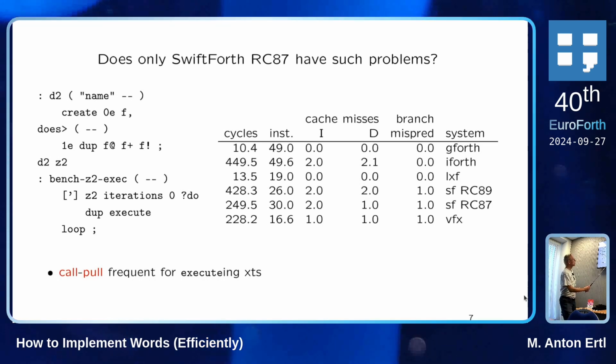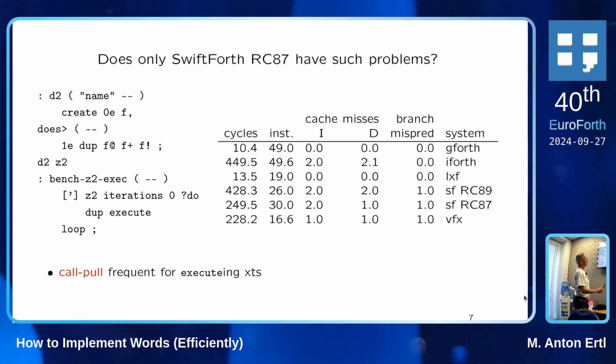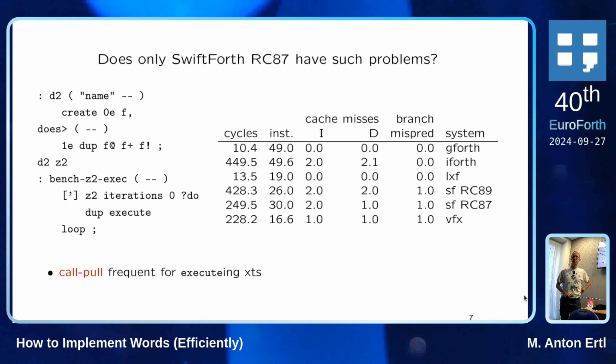You also see these large numbers of cycles for various systems, and also a large number of cache misses. And here we see one cache miss. One thing is interesting: EuroForth doesn't have one return misprediction, and EuroForth doesn't mispredict returns because